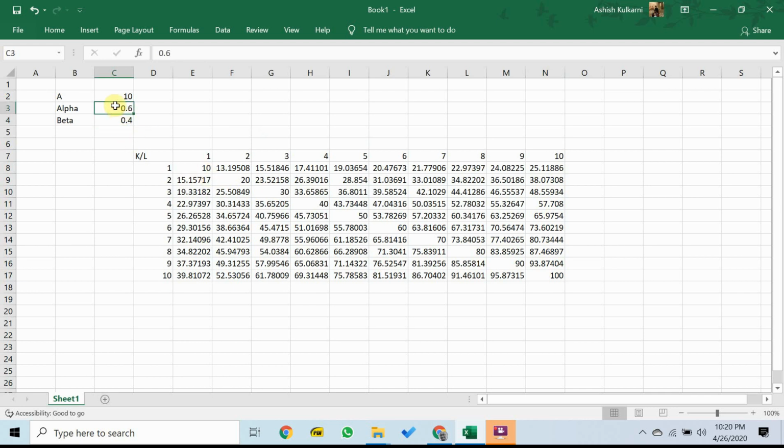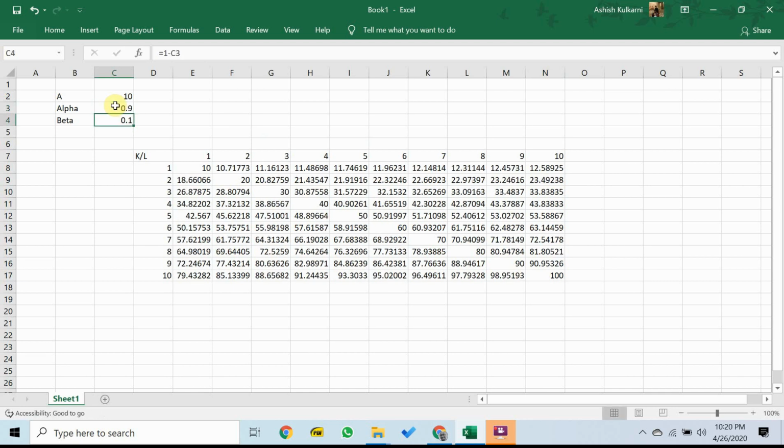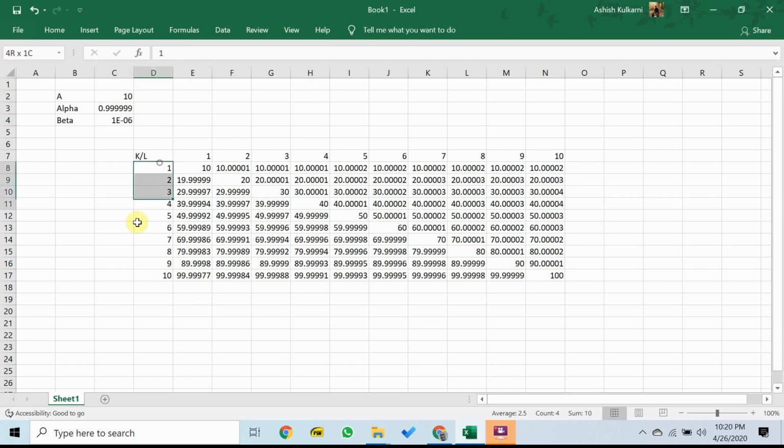What if I were to make the story more extreme? What if this were to be 0.9? Then when I 10x machines, output goes up by 8x. But if I 10x labor, keeping machines at only 1, then output barely budges. If I were to make this 0.99999, then for all intents and purposes, when I 10x capital, output goes up by nearly 10x. If I were to 10x labor, output barely changes.